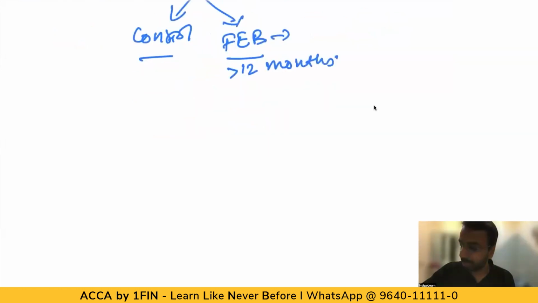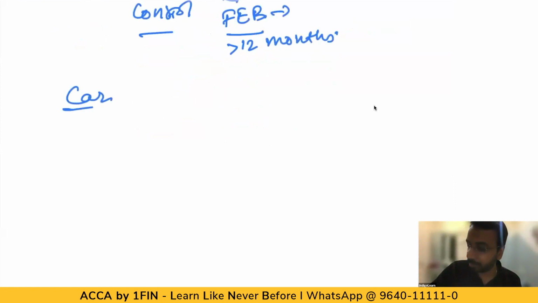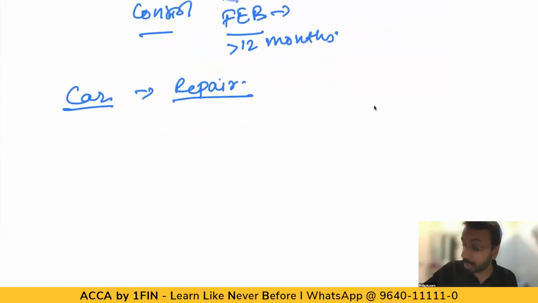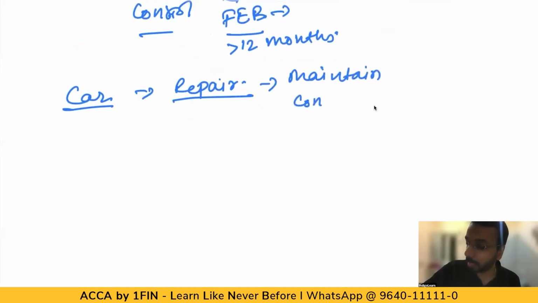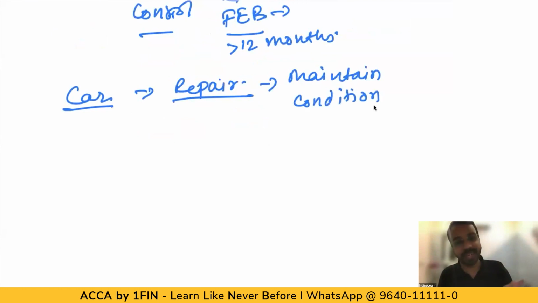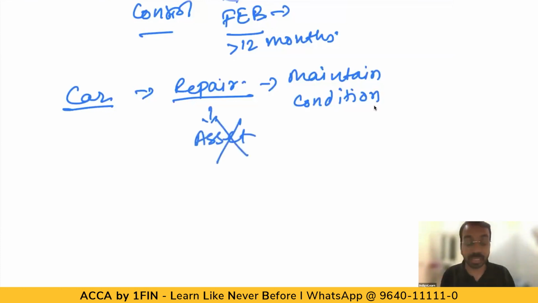That is why, if let us say I have a car and if I do repair, why do I need the repair to be done? Repair is done to maintain the condition. I am not getting any extra benefit because of repair. I am carrying out repair of a car so that it runs at its expected condition. So this is not an asset. This cannot be called an asset because it is used to maintain, it is used to run the asset in its predefined capacity or in its predefined condition.